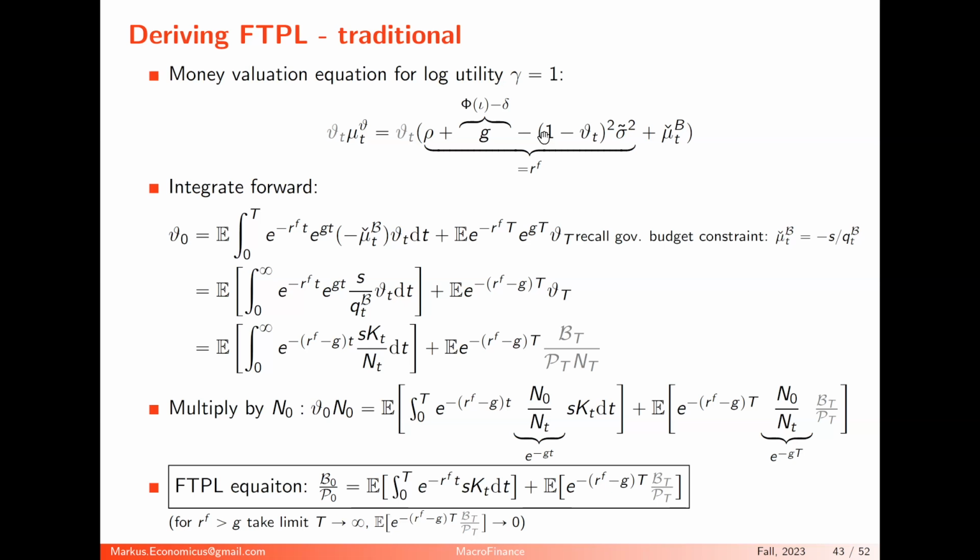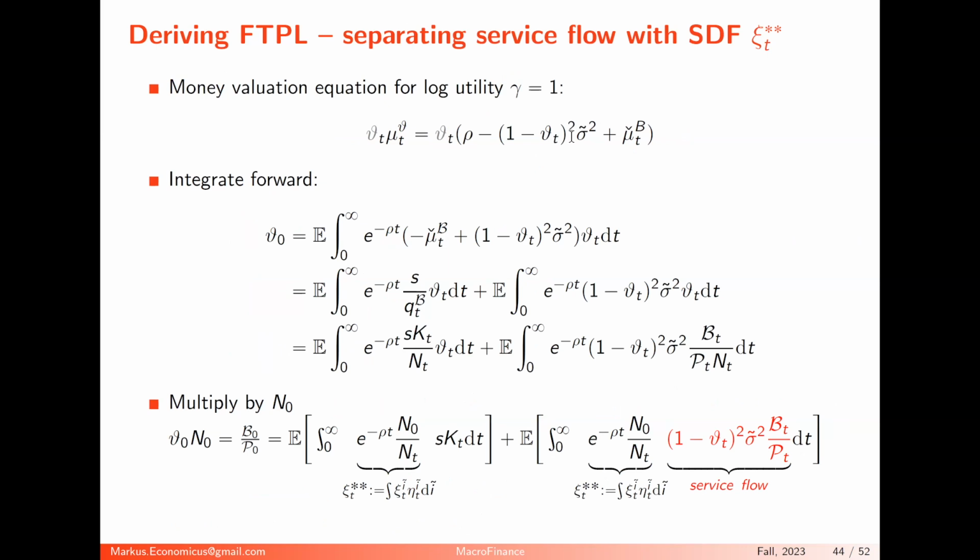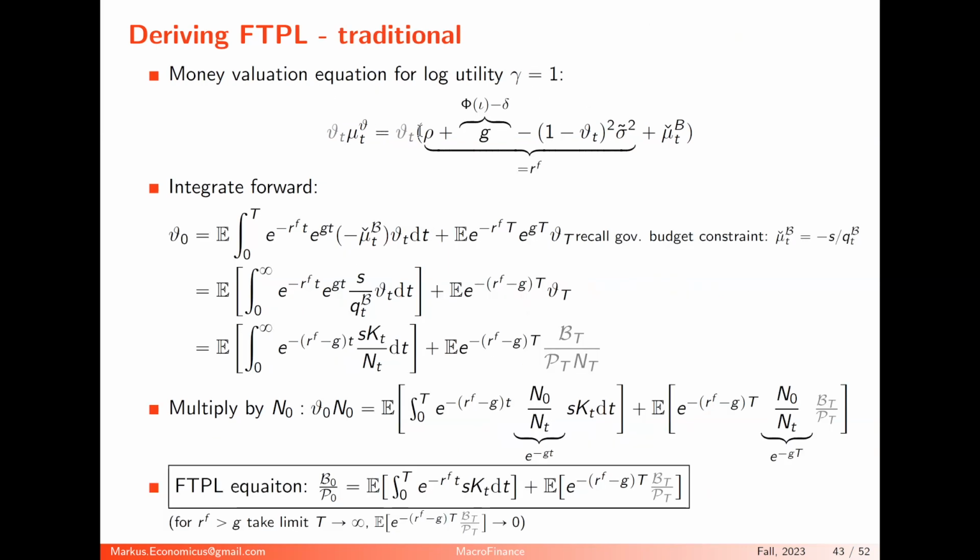So I can do it this way, or I can do it in a different way. I can do the same equation as before, but there's one term missing. So this is plus G I put in and minus G. There should be a minus G here. So I add a G and subtract. That's the growth rate of the economy, which is the growth rate of the capital stock. And if you play this through, because K is growing at the rate of G, this thing is growing at the rate of G.